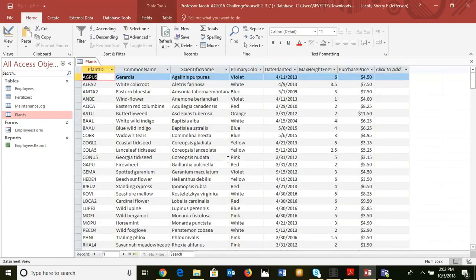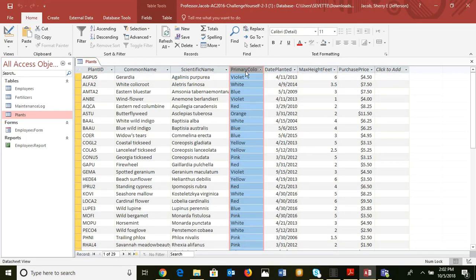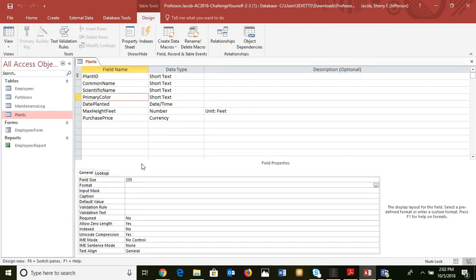So we want to save that because we actually made changes to the table. So what you could do is in design view for the default value, we're just going to simply type in